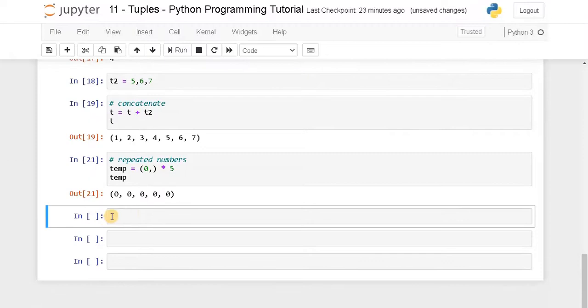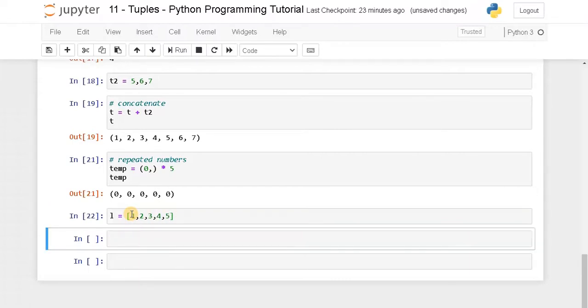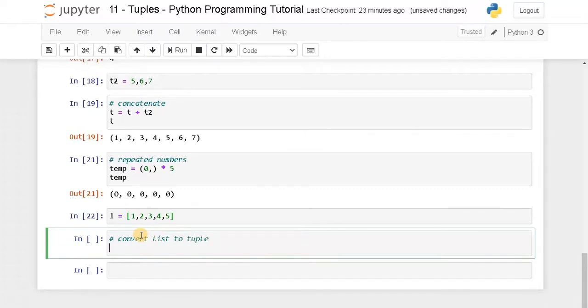Now if you want to convert a list into a tuple, L equals, let's say the list has 1, 2, 3, 4, 5 values. Now you want to convert the list to a tuple. For that, t equals tuple of L, where L is the list.